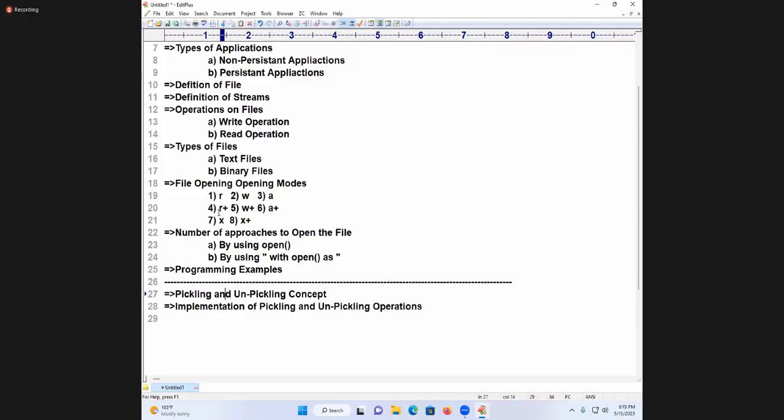It is also nothing but object serialization, and one more is called object deserialization. Now the pickle module: I am going to explain one module there, followed by a programming example. This is the second level.